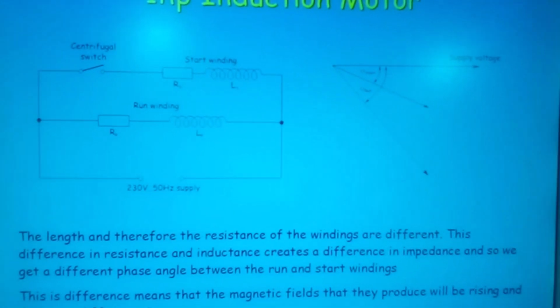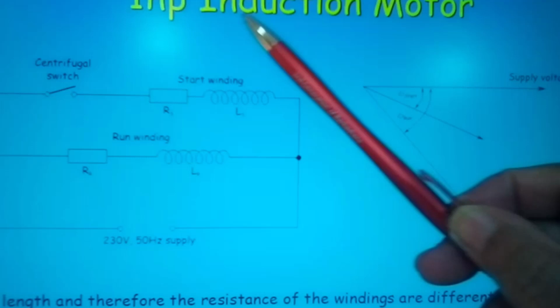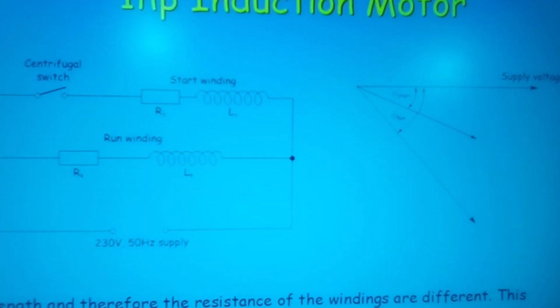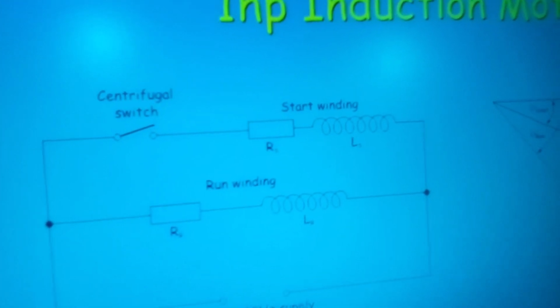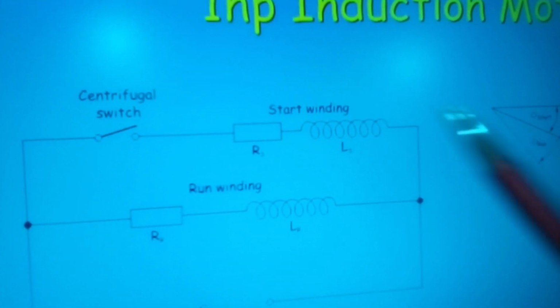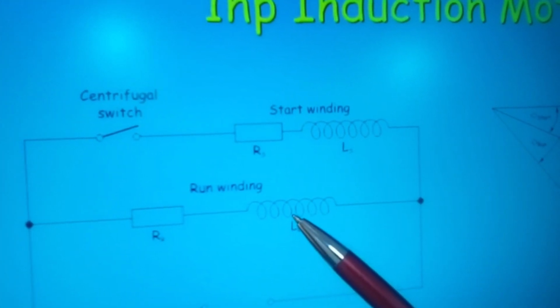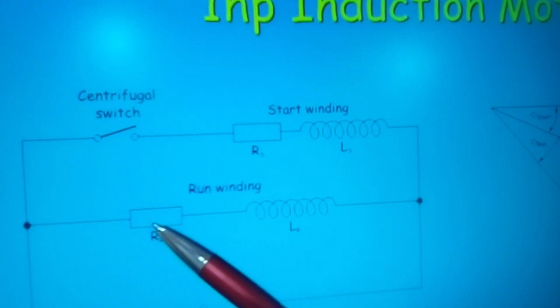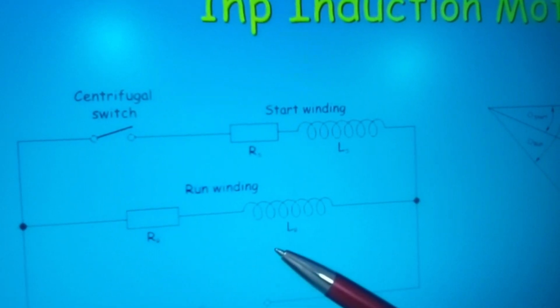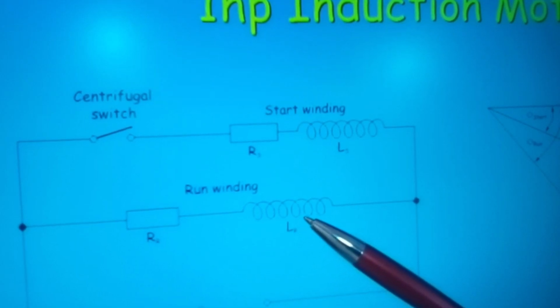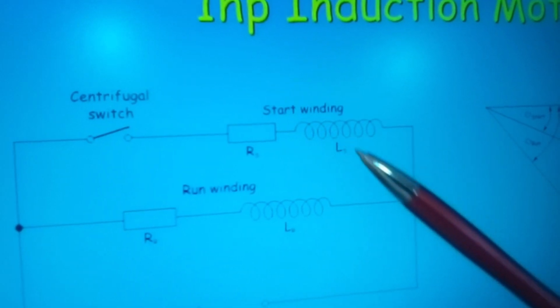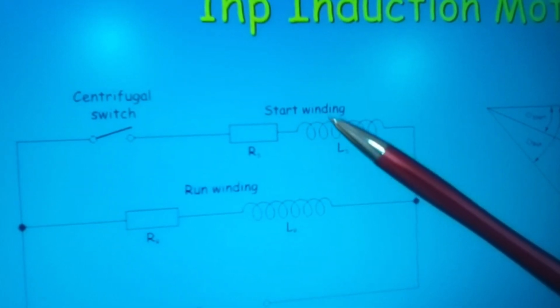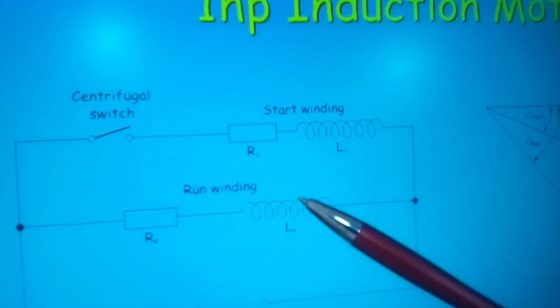Right, here we have now a 1 horsepower induction motor. And here's your start winding and your run winding. Okay, that's a resistor in series with your run winding, and you also have a resistor in series with the start winding. What these two resistors do, they tend to create